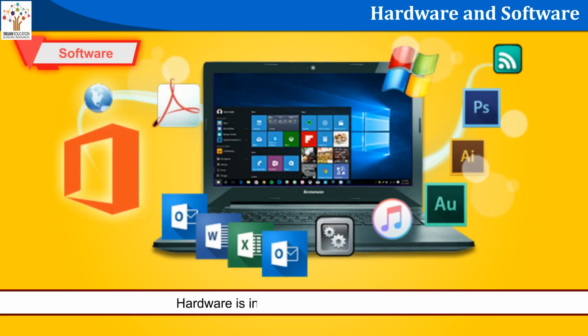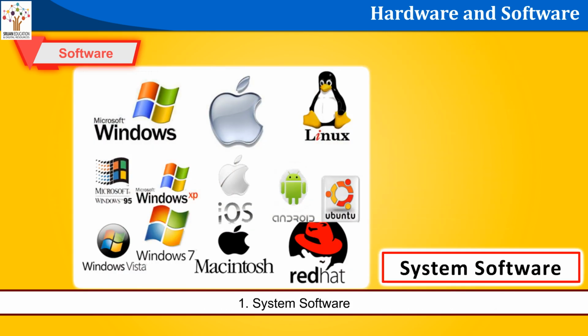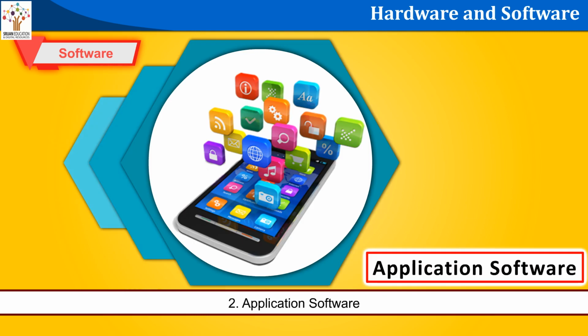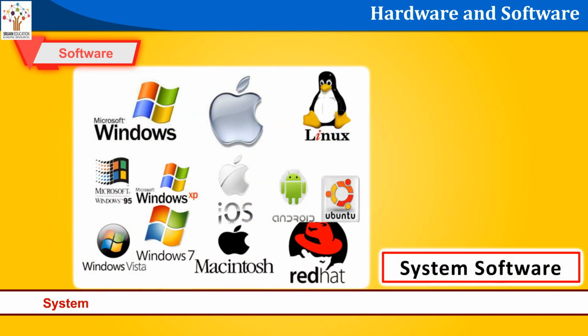Software. Hardware is incomplete without software. Software is a set of programs or instructions given to the computer in order to solve a problem. Software are of the following two types: system software, application software. System software is a set of programs